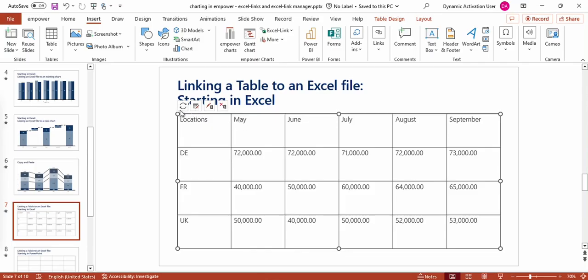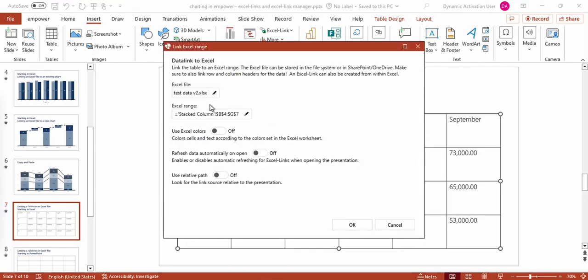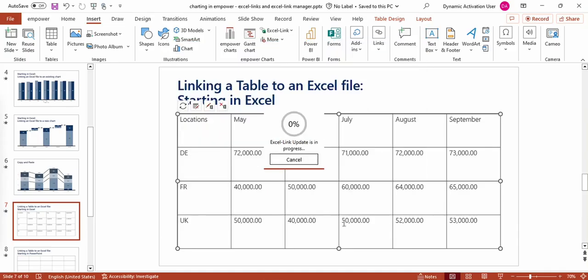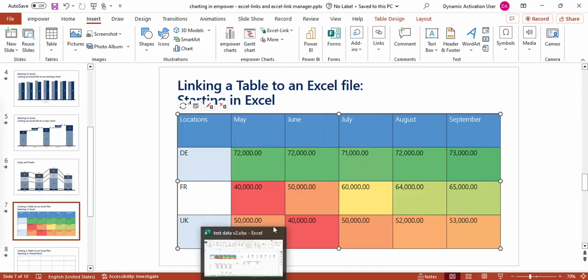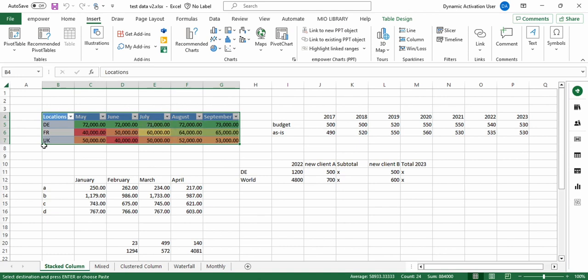Above my chart, there are a few options appearing where I can refresh the Excel link, I can open the link source, I can edit the Excel link, or I can break the Excel link. If I'm pressing on Edit Excel link, I have basically the same settings that I already know from the normal charts that we've already taken a look at, but moreover I have the possibility to choose if I want to use Excel colors or not. In this case, I'm going to show you how this would look like. Press on OK. And now you see that this table uses the same colors of the conditional formatting as it